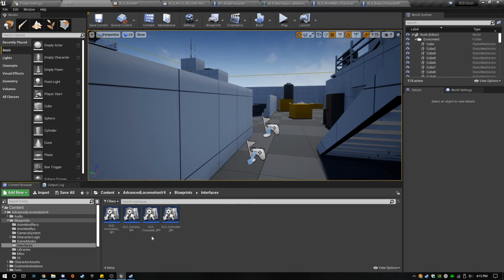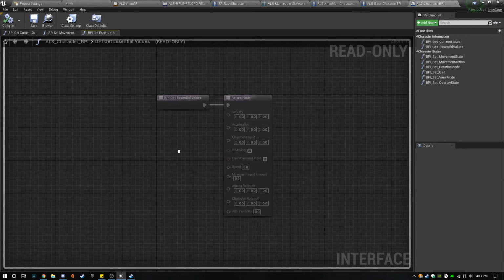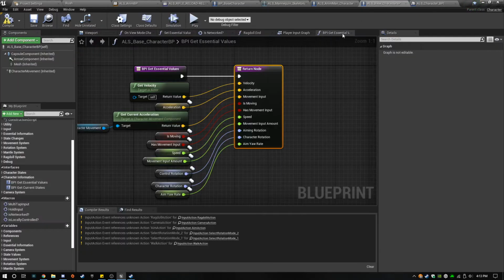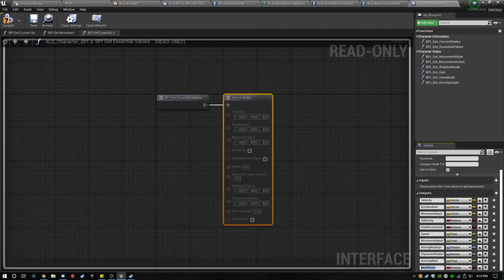Interfaces, here we go. Are we looking at the right one here? I don't think we are. Oh, no, we are. Get essential values, return node. Yep, we are looking at the right one. Okay. Is reloading is now an essential value.